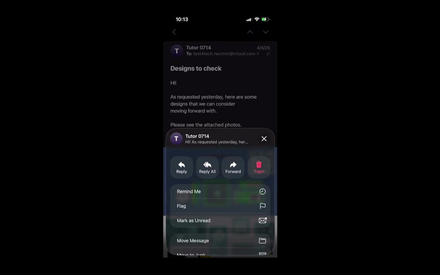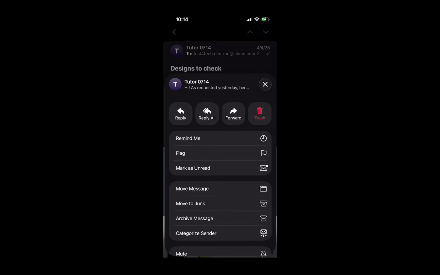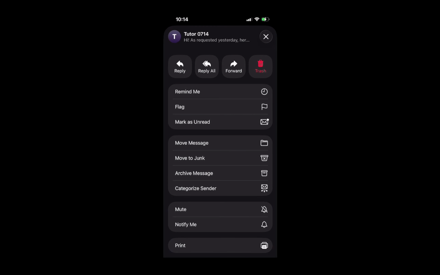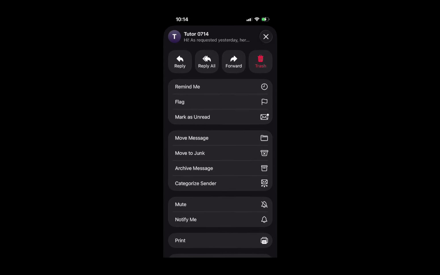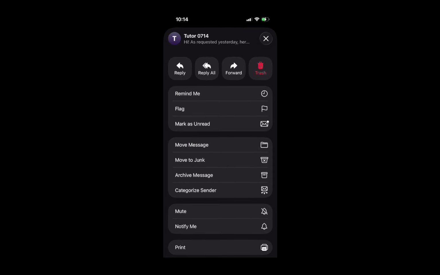In those cases, mark messages as junk to help train the filter, consider setting up mail rules to auto-sort suspicious mail, or use Hide My Email with iCloud Plus to keep your real address private when you sign up for new services. These strategies complement blocking and reduce the chance of nuisance messages slipping through.